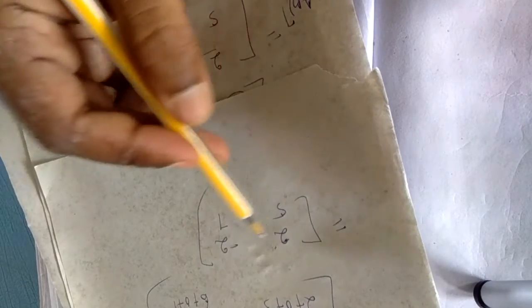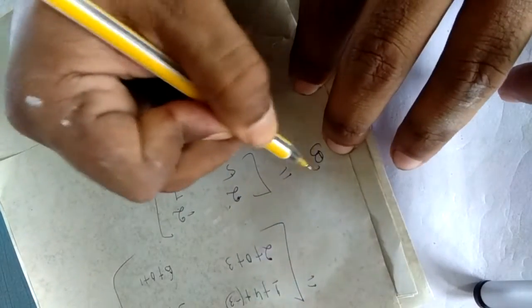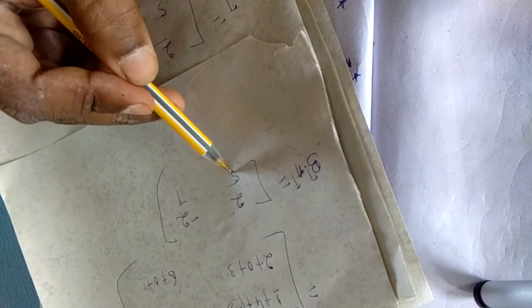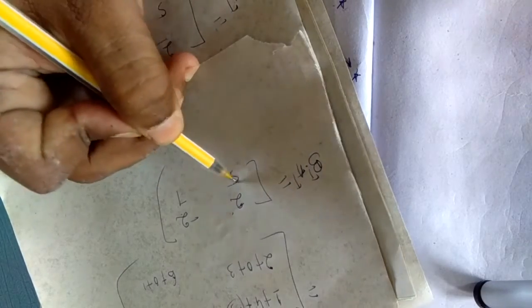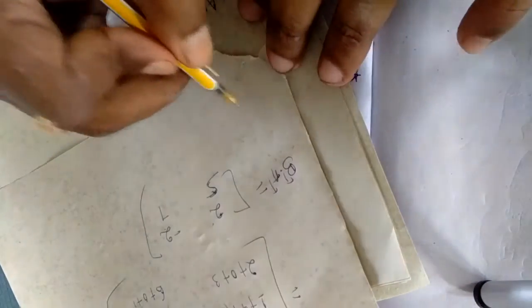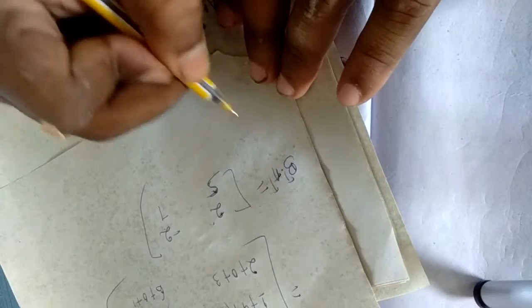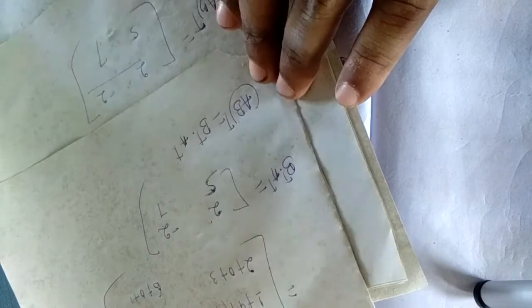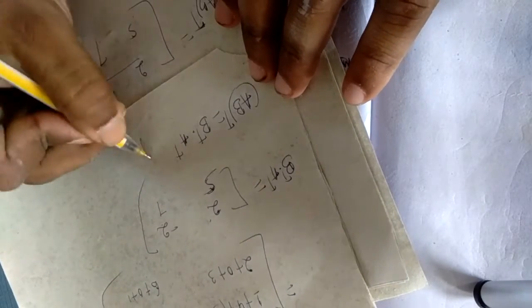Now our AB transpose, you can compare as you can see, this 2 minus 2 will be B transpose into A transpose multiplication. So 2 minus 2, 5 and 7, and AB transpose equal to 2 minus 2 5 7. This will be equal, so our proof will be satisfied. That is AB transpose equal to B transpose into A transpose. Proof.